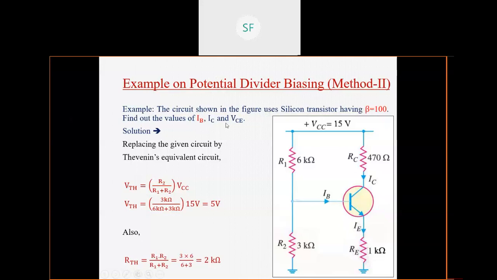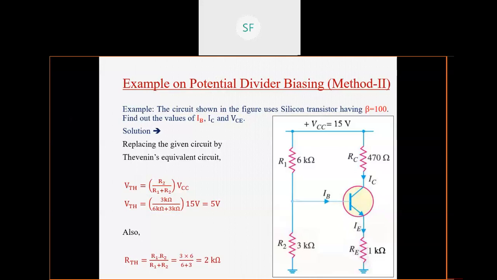Either beta or IB. They can ask you for beta and IB. Beta is generally not asked, it is only given. IB can be asked. So in both cases you have to go with method 2. If in your question there is no mention of beta, and neither IB is asked, then you need to solve your problem by method 1. Okay, so this is a very important point and I hope you note it down in your notes also.